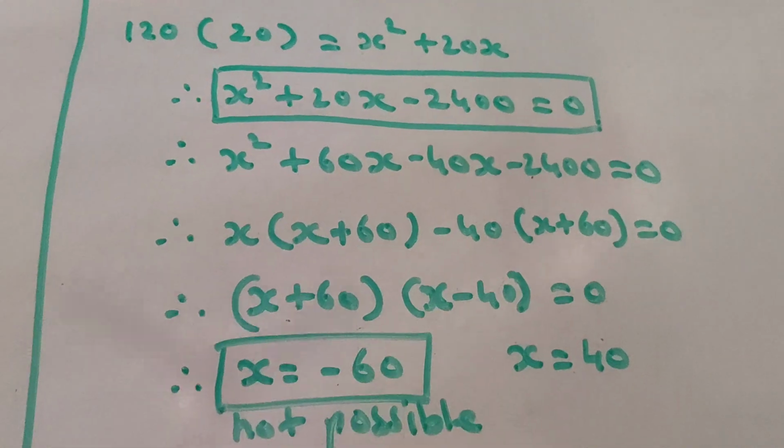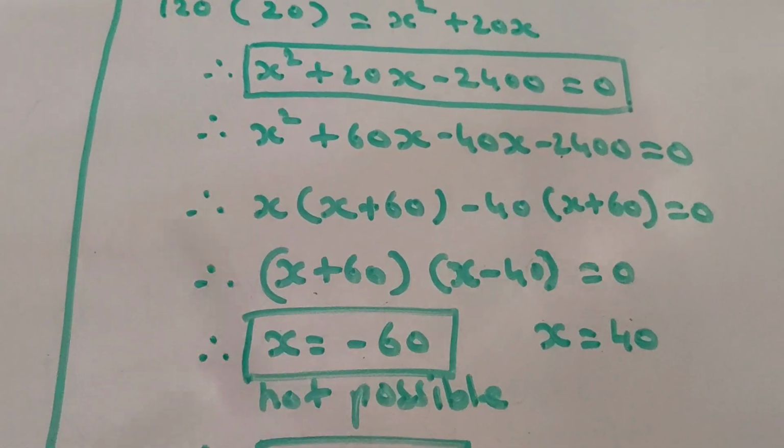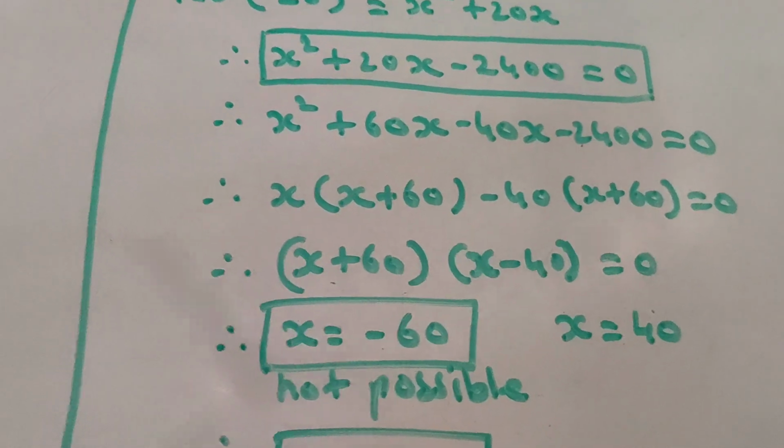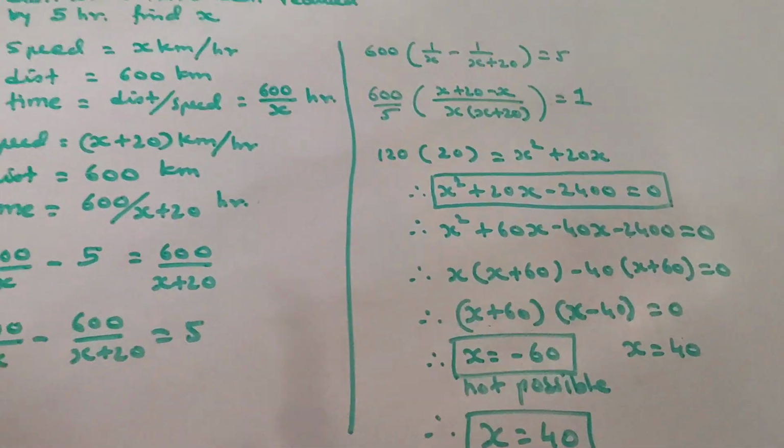Simplifying it and factorizing, I get x equal to minus 60 and x equal to 40. But x equal to minus 60 is not possible. So what is the answer? x equal to 40. I hope you understood this sum. We'll start with